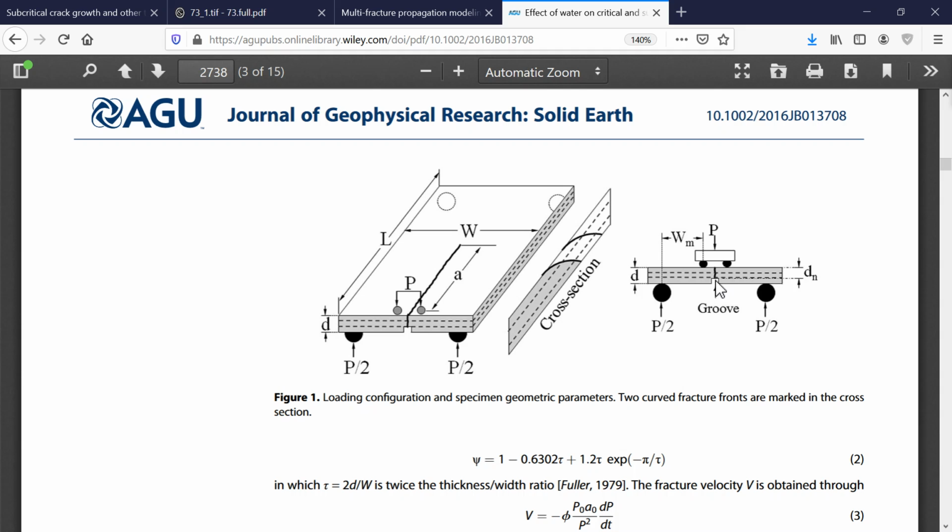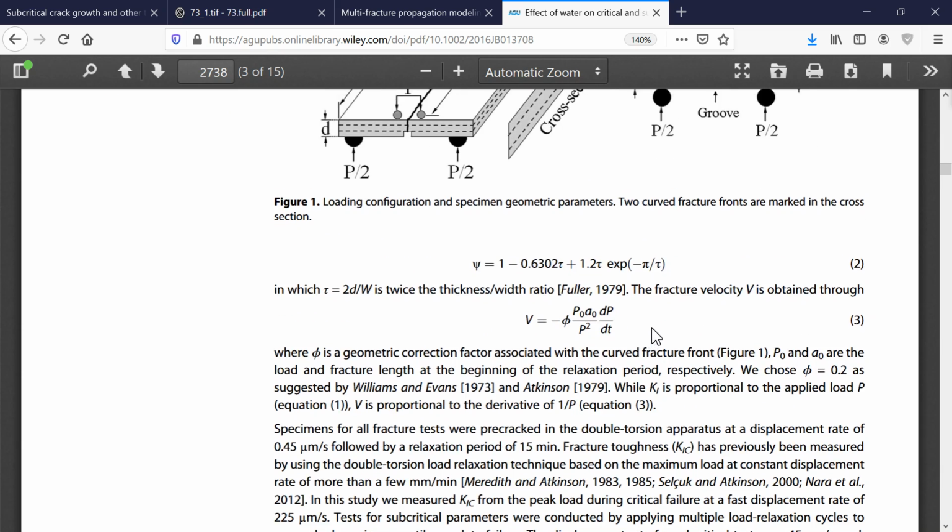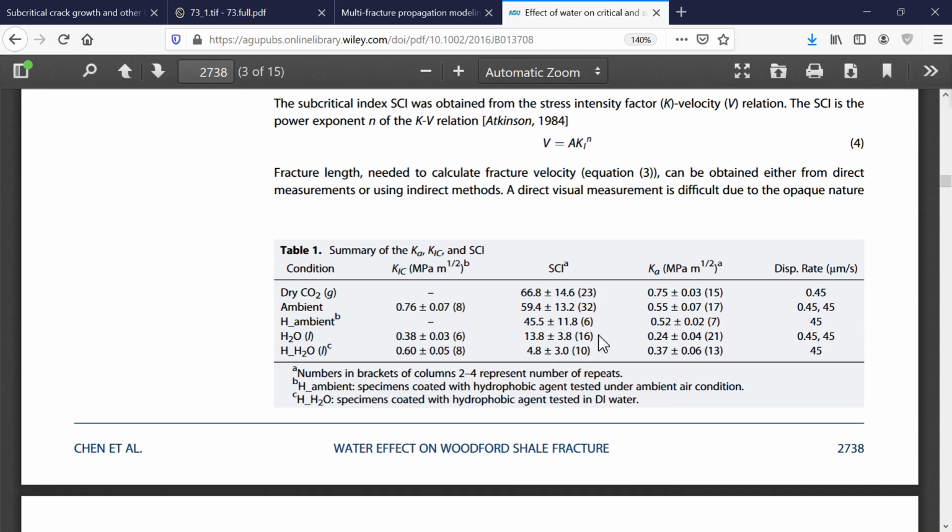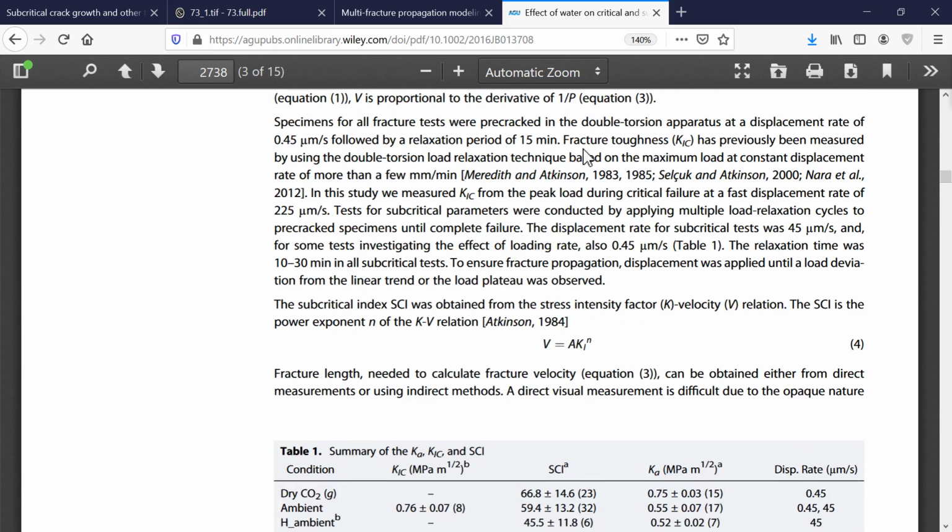So actually from this groove, and it's going to propagate along this direction, and the velocity at which it propagates is going to depend on the subcritical index. So you can see a few more details about this test in this paper,